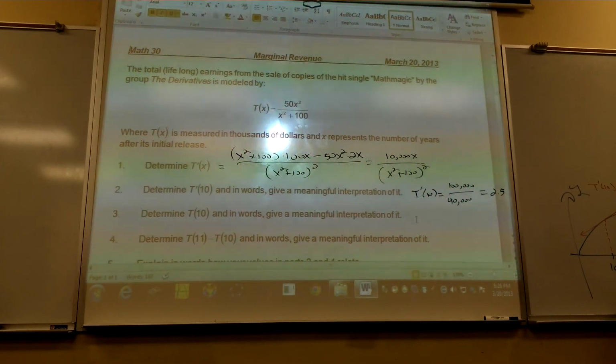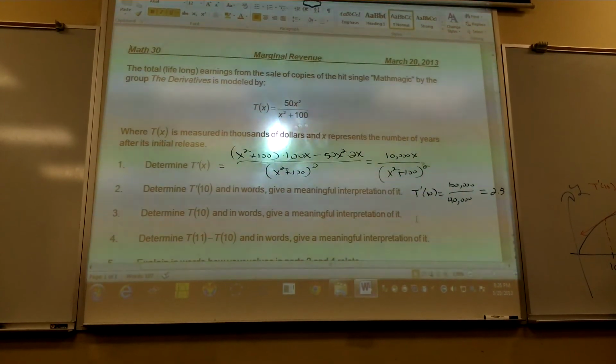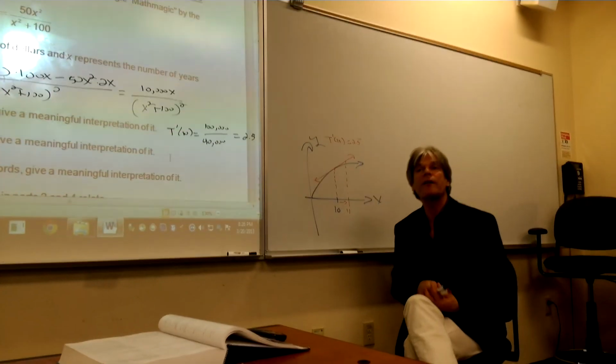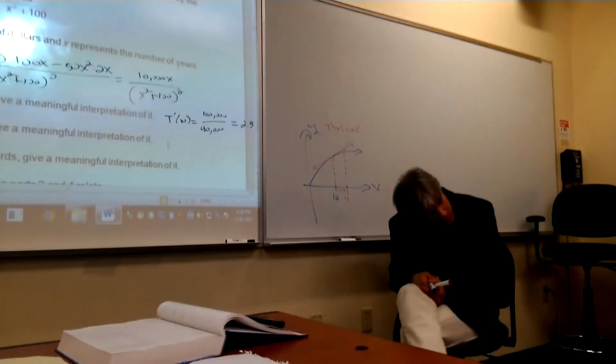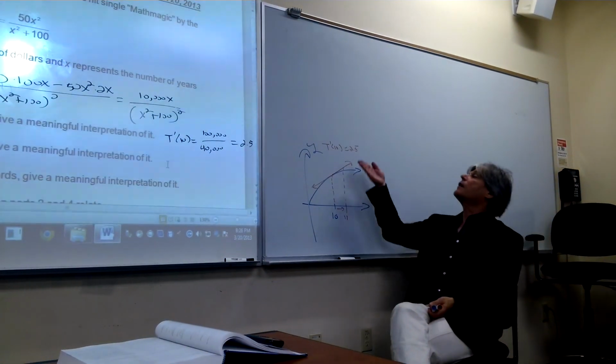Given that slope, when I increase 10 by 1 unit to 11, the corresponding increase in the y values on the tangent line is going to be 2.5. It's not necessarily the same as the increase in y values on the blue curve, because once I move from 10 to 11 on the x-axis, the corresponding y values on the red line and the blue curve are different. But I do think this particular